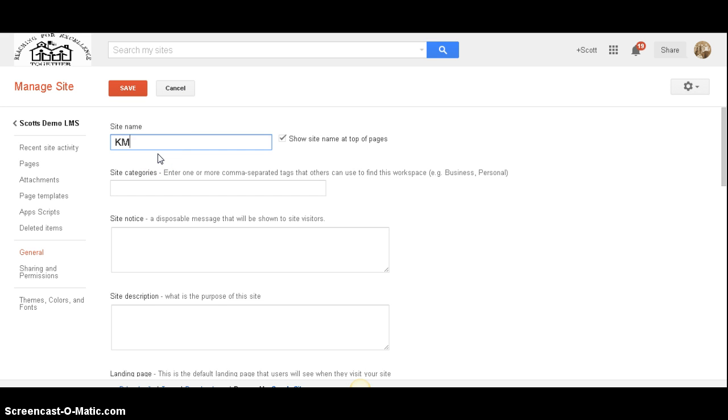So anyway, changing the name of my site, I'm just going to change this maybe to KMS, Kennedy Middle School, and I'll call it Technology Resources. Okay, we'll just say that's mine. All right, show name at top of pages. Here's another problem I had. I had this unchecked. So when I look at it,